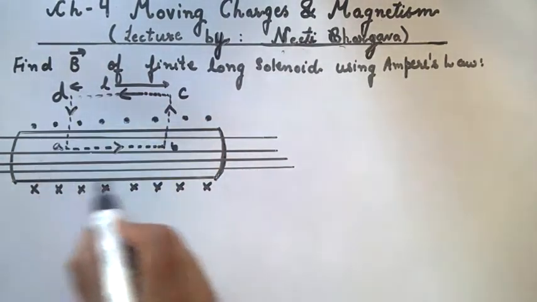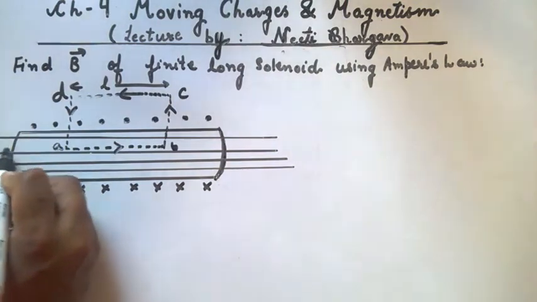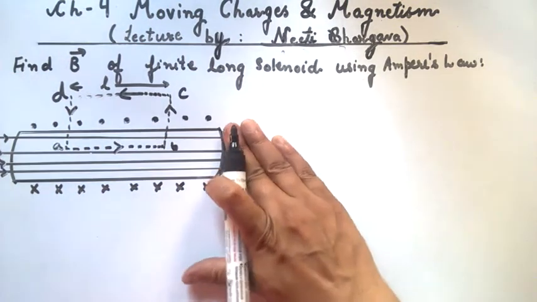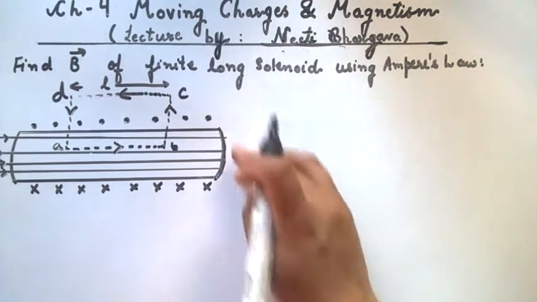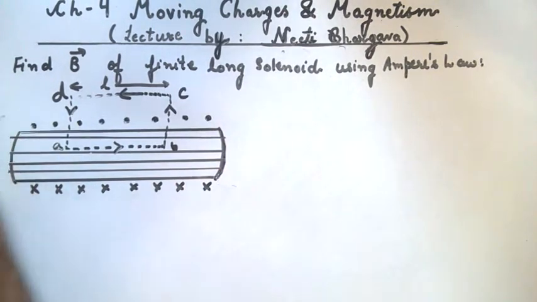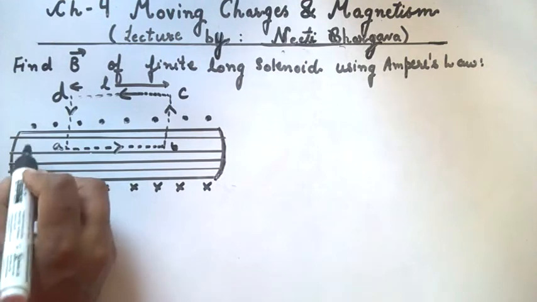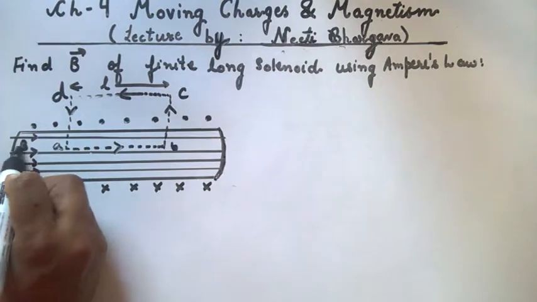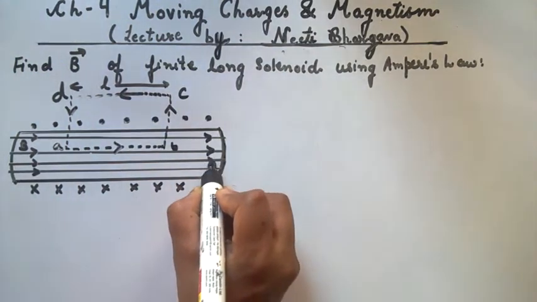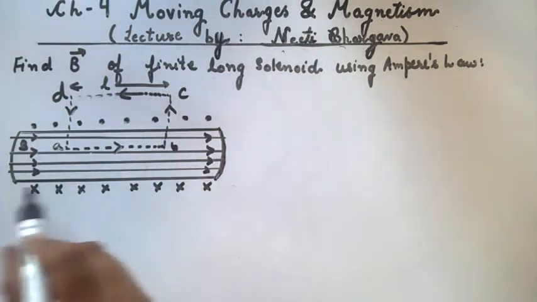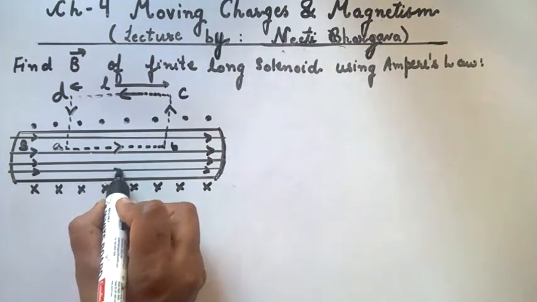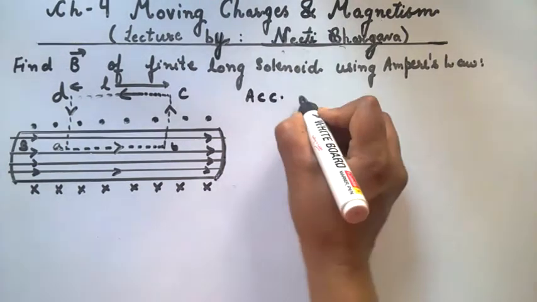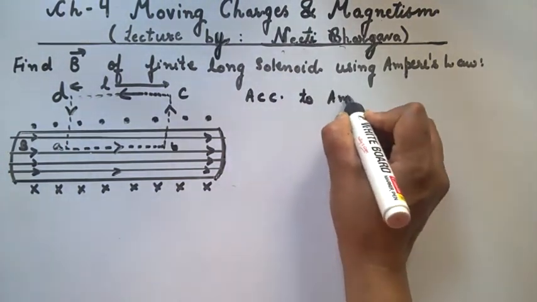So this is the direction of the length element, and this is the direction of the magnetic field. Here we are just considering the magnetic field inside the solenoid. Lines are going from left to right. According to Ampere's circuital law,